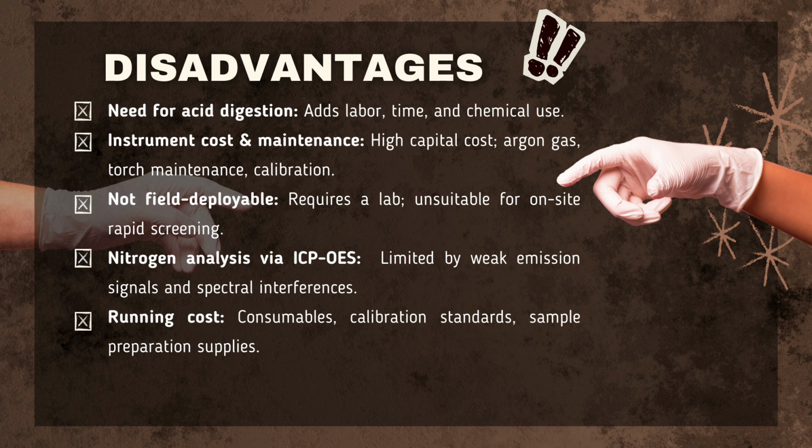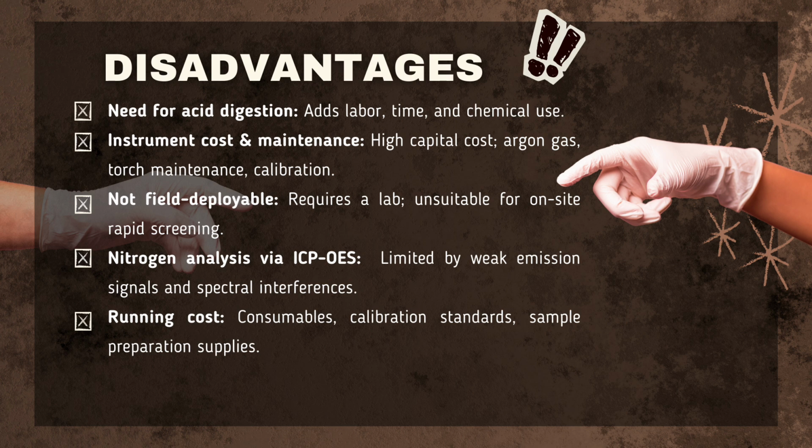Disadvantages. Of course, despite the strength of ICP-OES, there are some important limitations to consider. First, soil samples require acid digestion. This step is time-consuming, requires hazardous reagents, and is usually the most labor-intensive part of the workflow. Second, ICP-OES is expensive to buy and maintain. It also requires a steady supply of argon gas, torch and nebulizer maintenance, and regular calibration, which adds up to